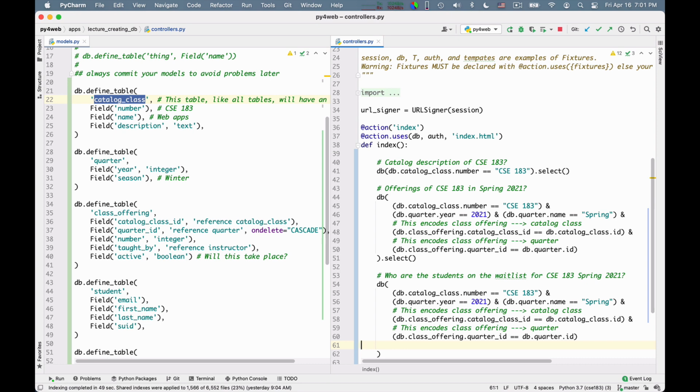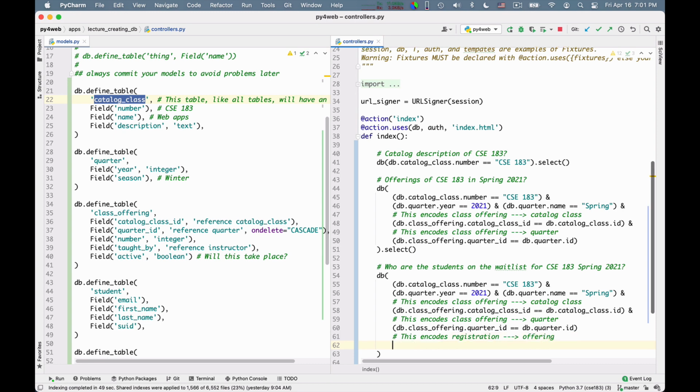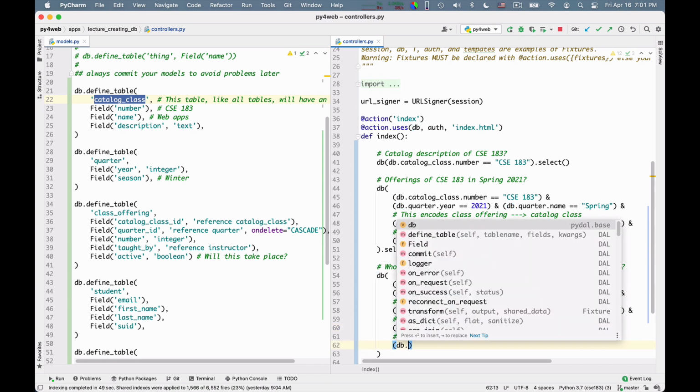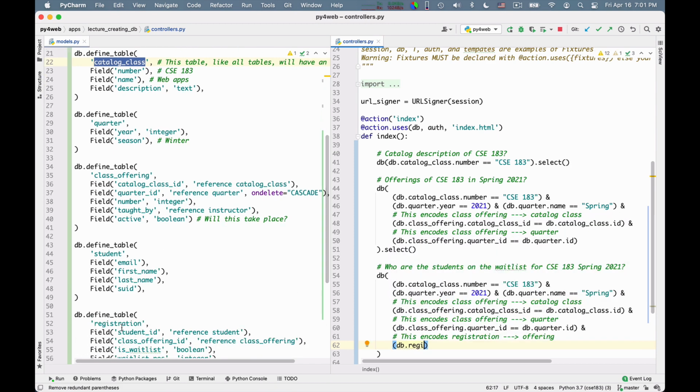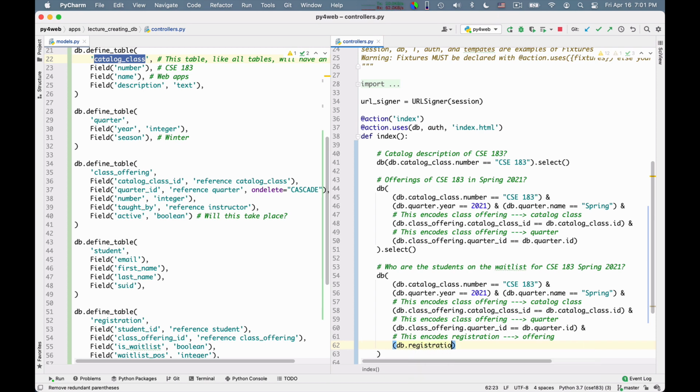So let me encode these arrows. This encodes registration to its corresponding offering, and it will be, sorry, I need an ampersand here, and it will be db registration, sorry, let me look at the definition, yes, registration dot class offering ID.